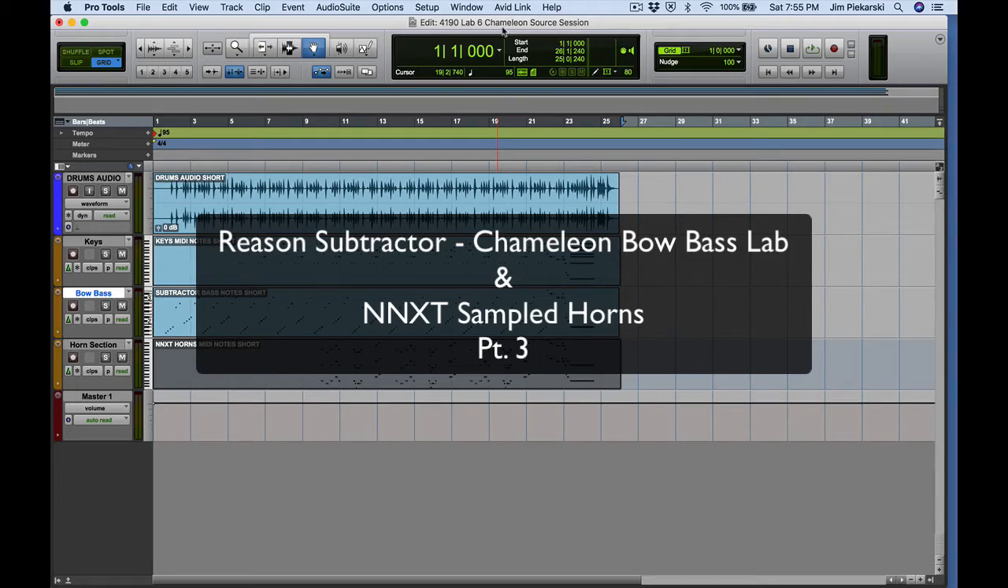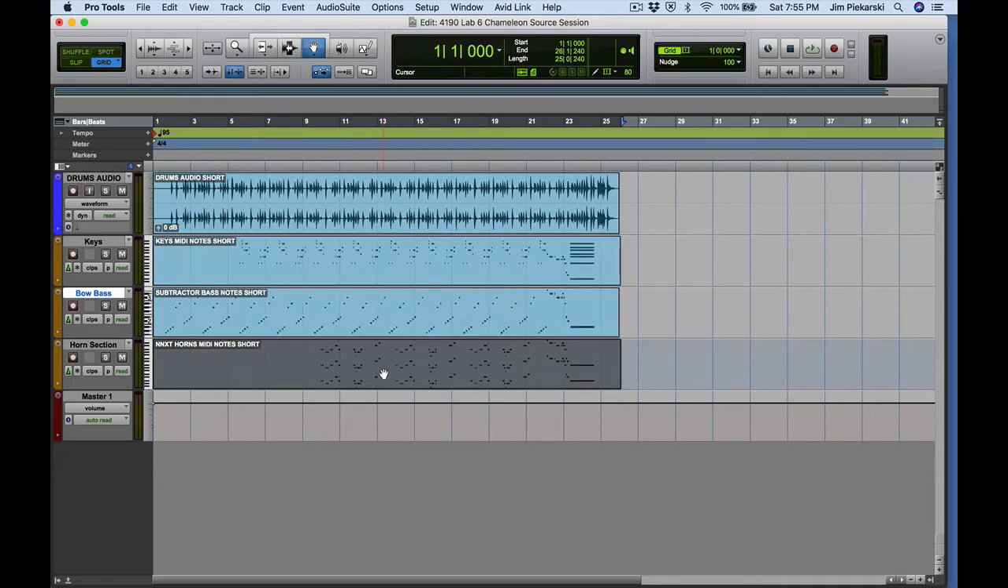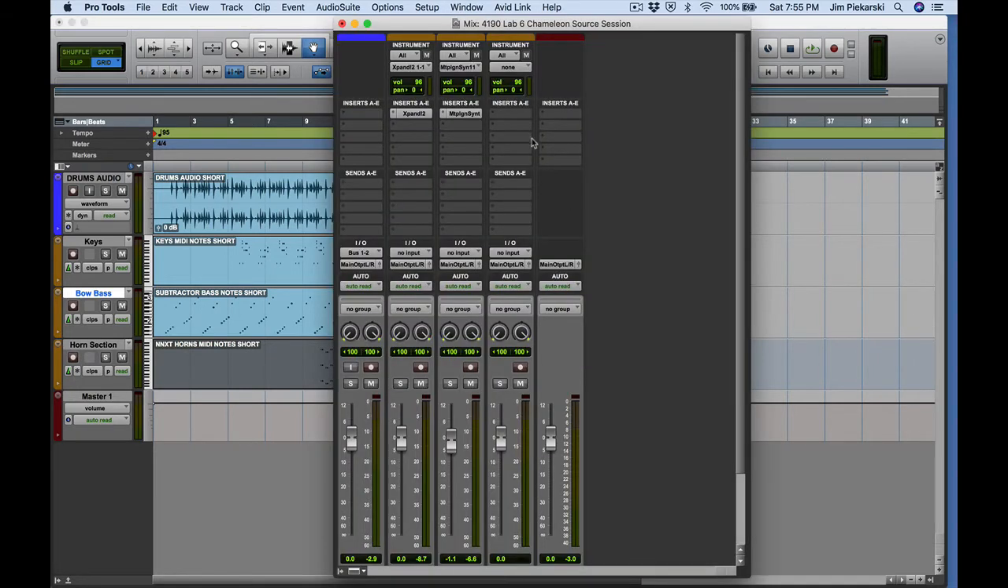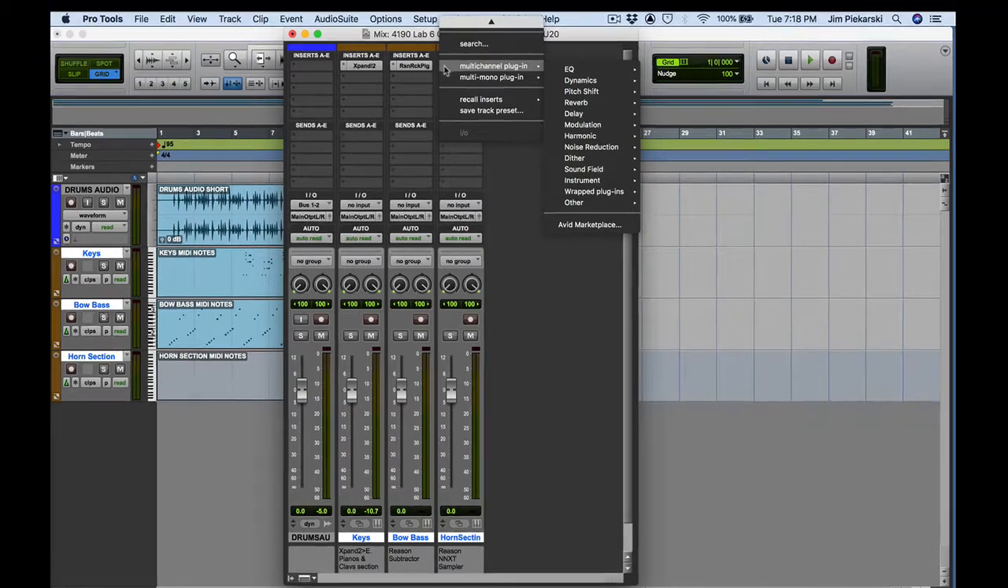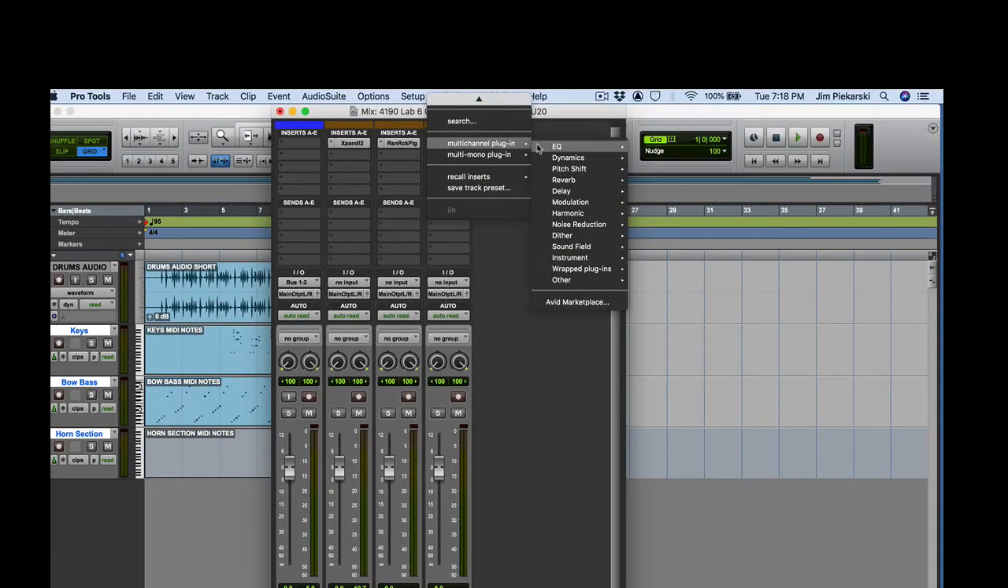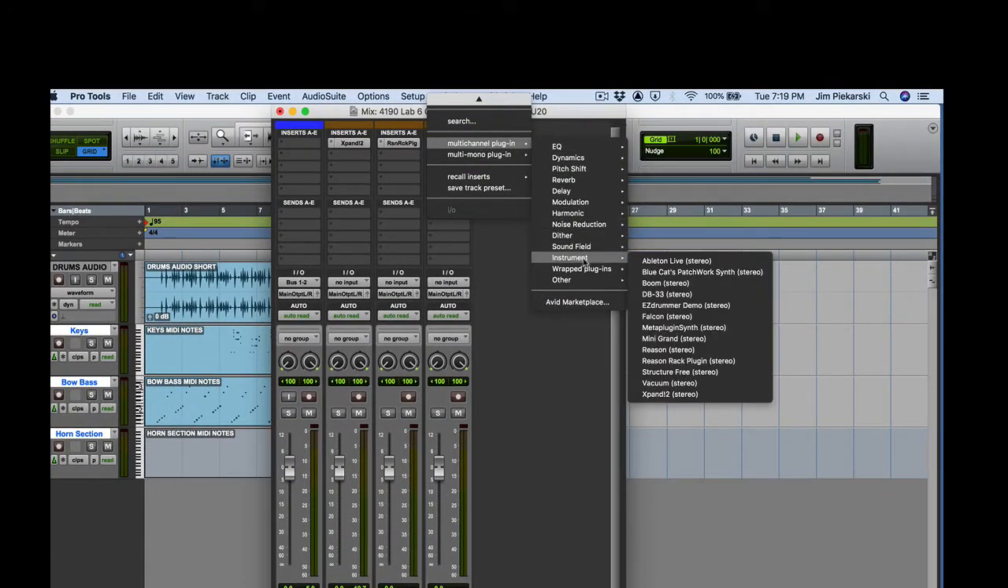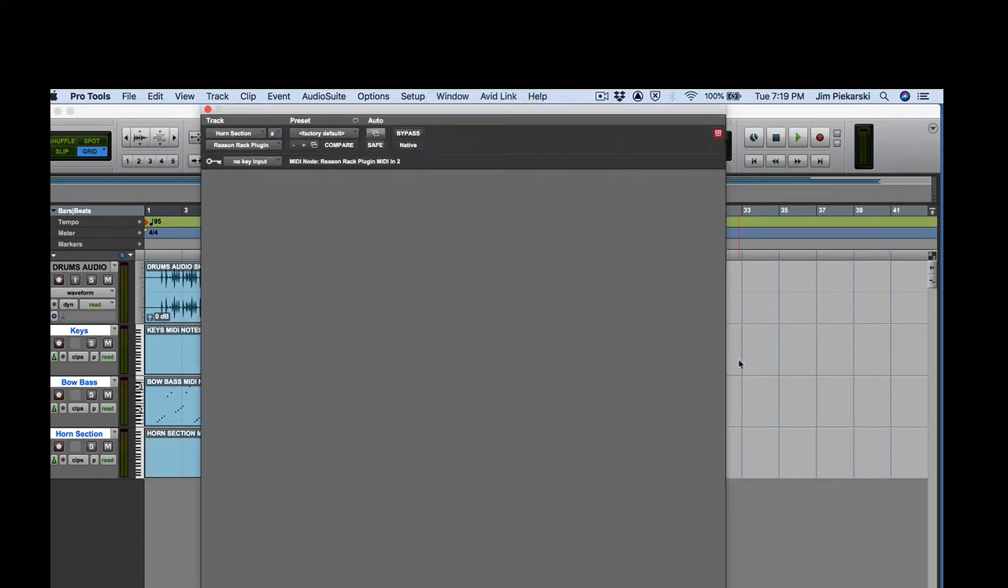Let's finish up with the horns and then saving our work. Right now we've got the notes for the horn section right here in a track. They are of course gray because they don't have an assignment yet, so let's go ahead and assign an instrument to it. So we'll bring in our Reason rack here, multi-channel plugin, instrument, Reason rack plugin, and there we go,